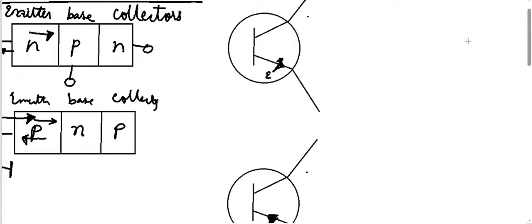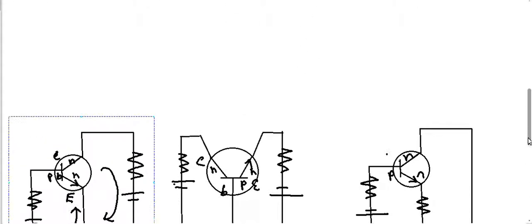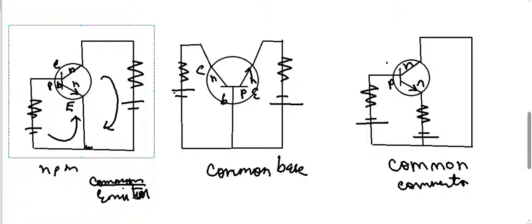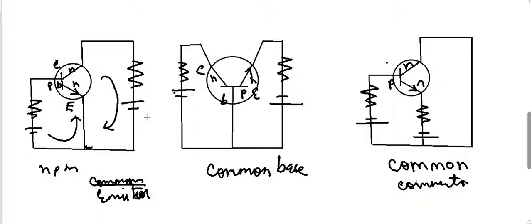And then we went on to discuss what this symbol stands for. This stands for NPN, and this symbol stands for PNP transistors. And then we discussed what a common emitter transistor is, what a common base transistor is, and what a common collector transistor is. So this is a collector, not commenter,